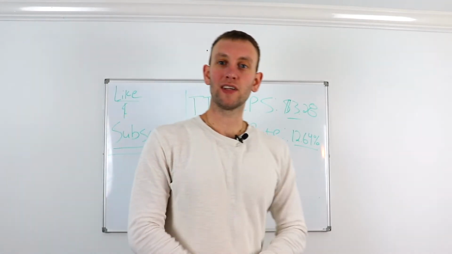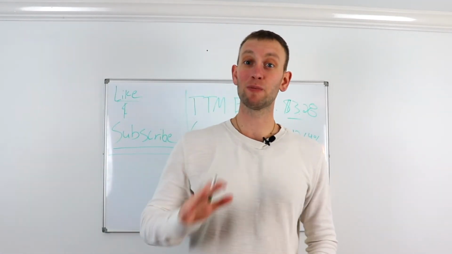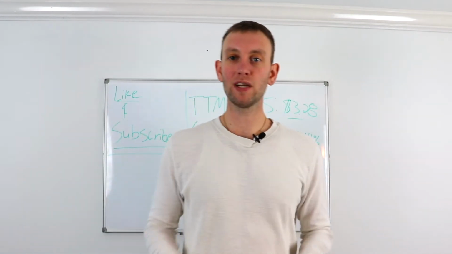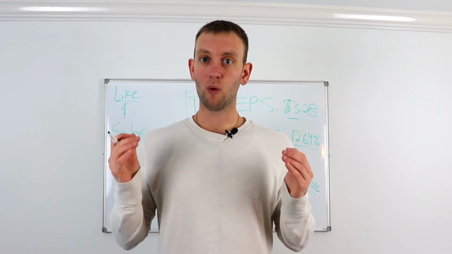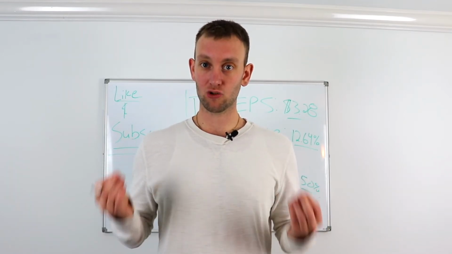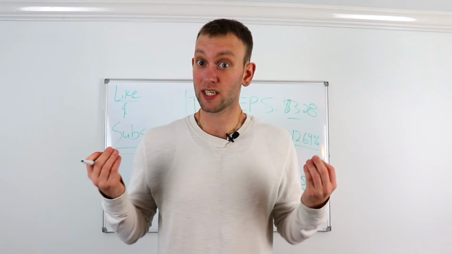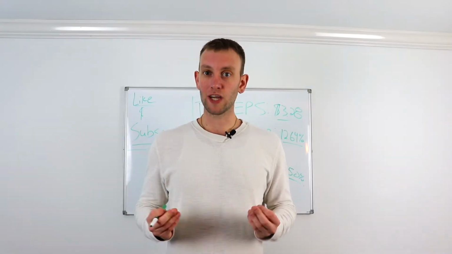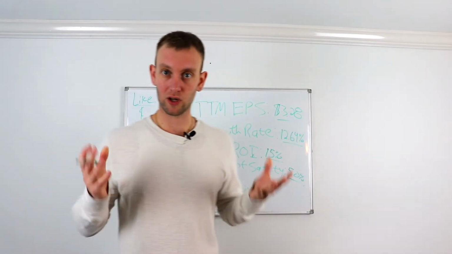Now the margin of safety, that's another one that you're going to have to come up with on your own. For the sake of this video, we're going to use a 50% margin of safety. So what does that mean? Let's say the company is valued at $100. The company is worth $100. We don't want to buy that company unless it's trading at $50, and that's going to give us a 50% margin of safety. If we wanted a 75% margin of safety, we would not buy it unless that company is at $25. If we wanted a 25% margin of safety, we would buy that company at $75, okay guys?